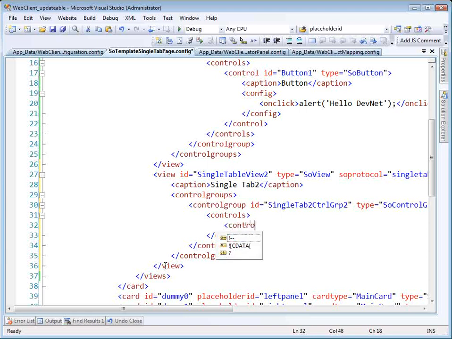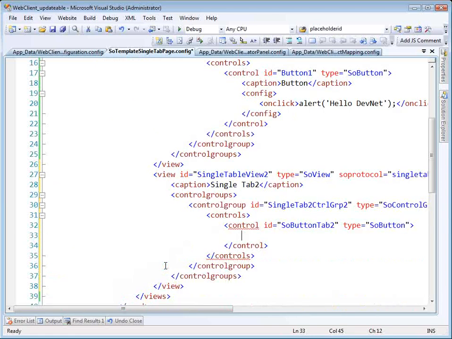I'll specify one control. I'll give it an ID equal to SO button tab 2, and we'll give it a type equal to SO button. Right. And the button needs a caption. Oh, we wanted to do label, didn't we? That's okay, caption can stay there. So label. And the caption will then be, let's see,